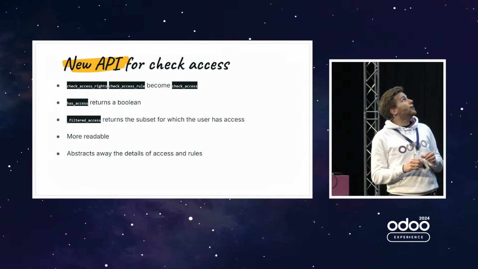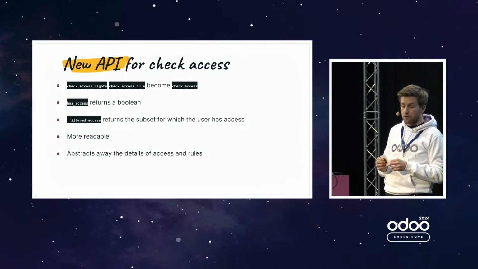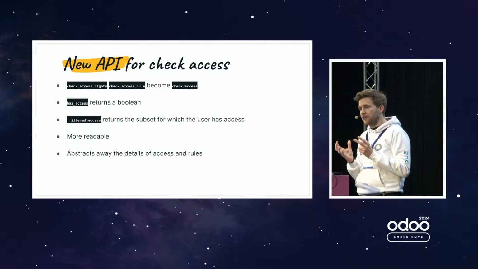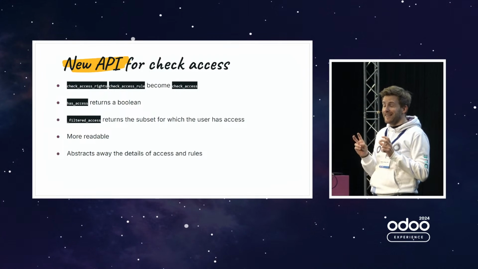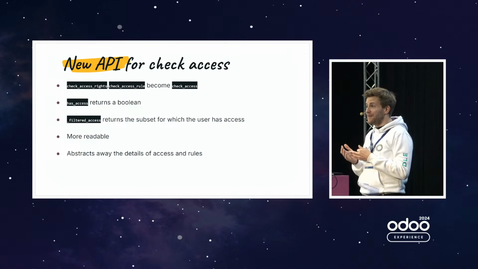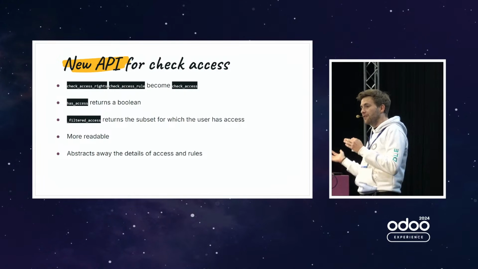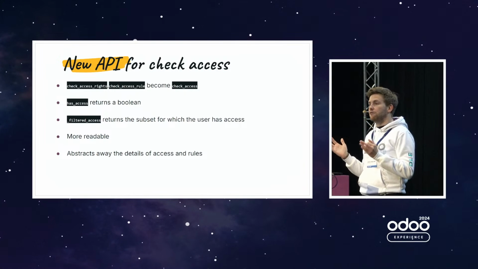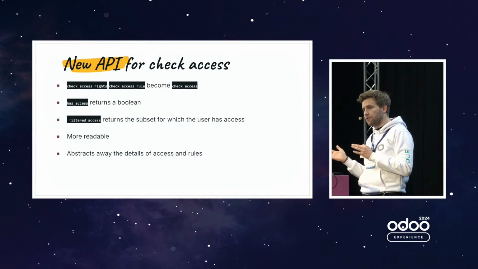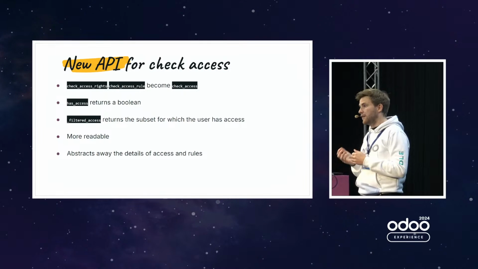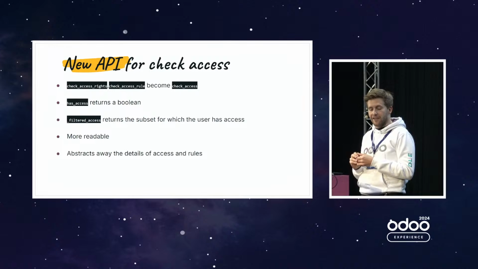So, this year, we have a change of API regarding check access right and check access rule. They've been merged together, and they have been renamed check access. It's because we found a lot of vulnerability patterns where people were misusing those checks, like they were using check access right, but they forgot check access rule. So now we just merged everything into one. It abstracts away the difficulty of understanding access control lists and record rules, and everything is done in one method. And we believe that it's a good way to have fewer vulnerabilities on that point.